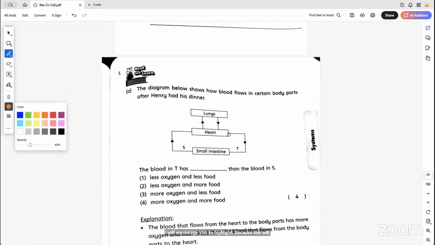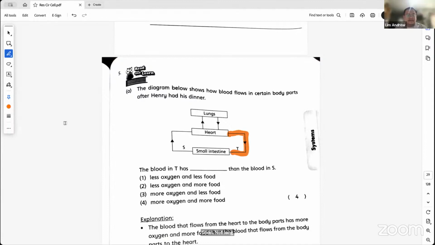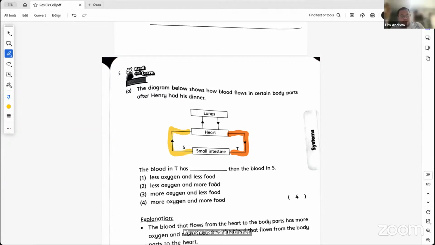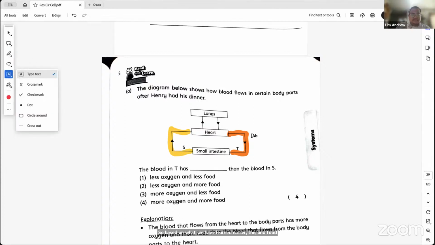So where is T? T is from the heart to the small intestine. Where S is from the small intestine to the heart. Okay, so when we say from the heart to small intestine, we should tell ourselves that the small intestine is actually a part of the body. So based on what we have learned earlier, the heart pumps oxygen and food to all parts of the body. Therefore, this arrow must be